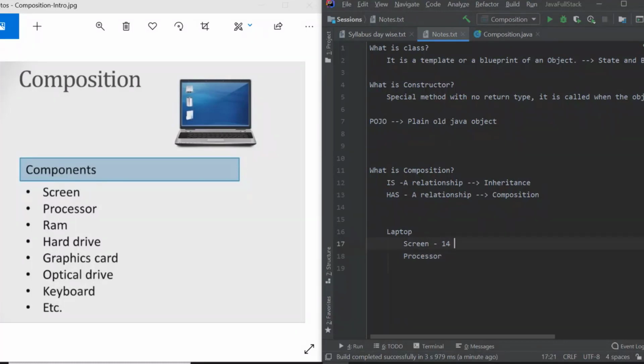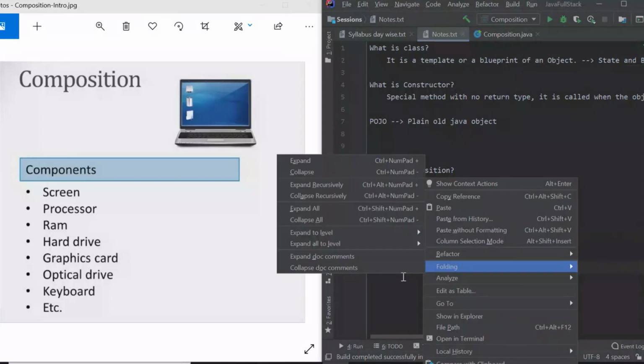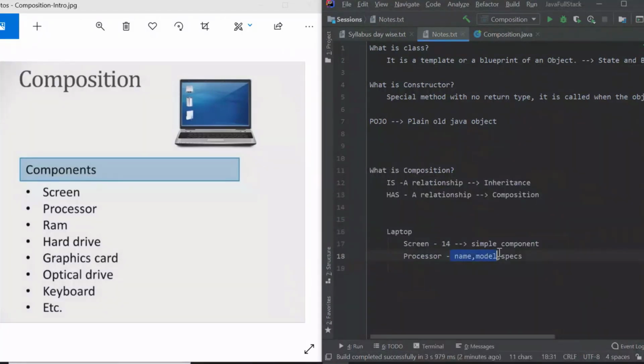The screen is a simple component, with only one value, the screen size. But a processor has a name, a model, and other specifications, I'll put it as specs. So a processor is not a simple component; it has many things, so you call it a complex component.